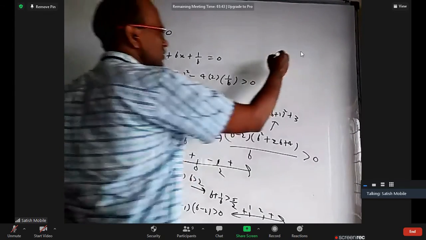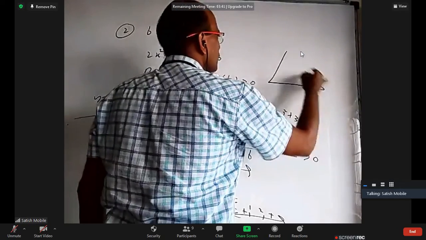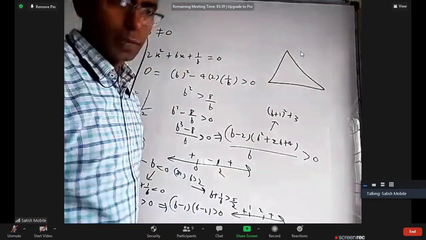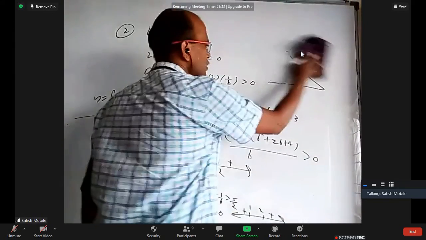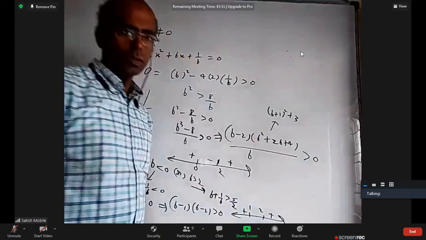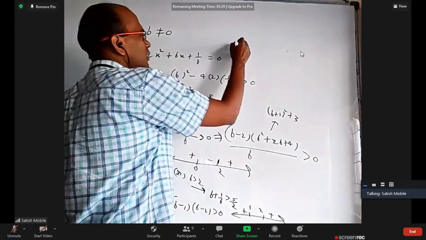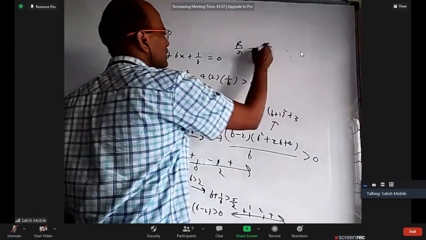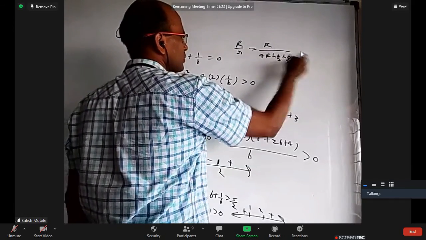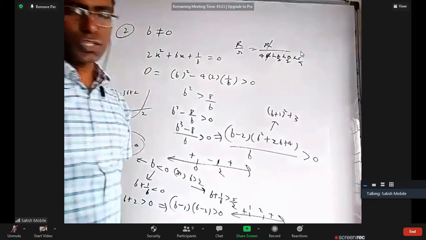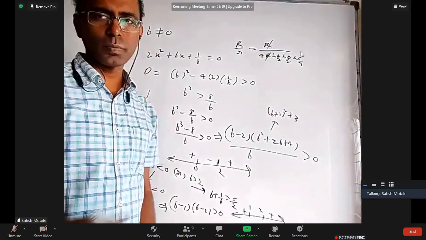I'll just finish this. The very first question, we discussed this in properties of triangles. For an equilateral triangle, what is the ratio of circumradius to inradius? Somebody may use this formula: capital R by small r, writing small r as 4R sin A by 2, sin B by 2, sin C by 2, cancel capital R, put A 60, B 60, C 60, you will get 1 by 2, or 2.